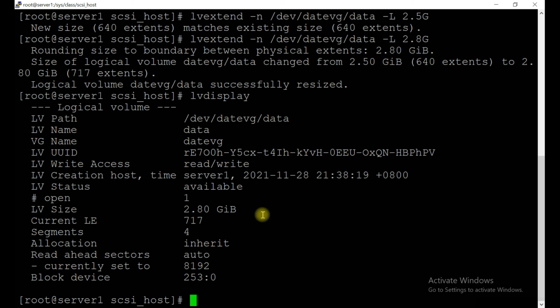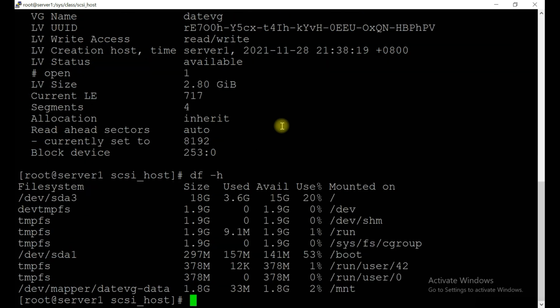Total space is 2.8 GB. Now let's run the command xfs_growfs. If you see, it's not reflected in your file system. It's still 1.8 GB.